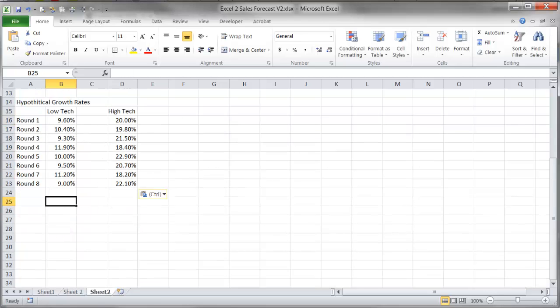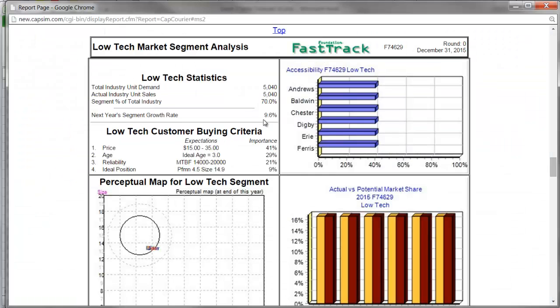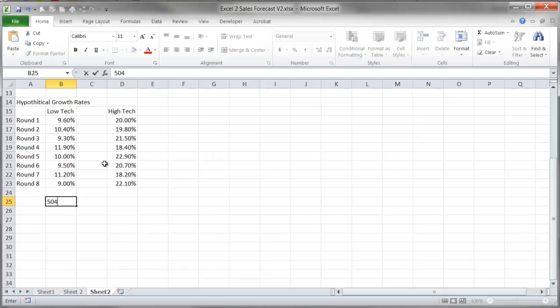Now in the simulation, we tell you exactly how many customers there are going to be in a given round. So for instance, I'm looking at the round 0 fast track report, and I can see that there are 5,040,000 customers last round in the low-tech market segment, and next year it's going to grow by 9.6%. So I need to do the math to see how many customers there are going to be next year. So it's 5,040,000